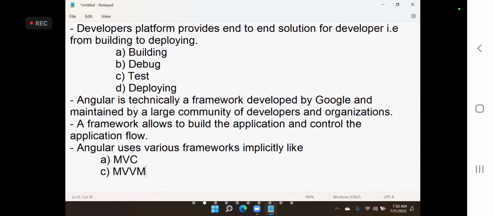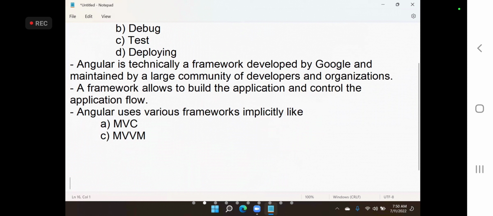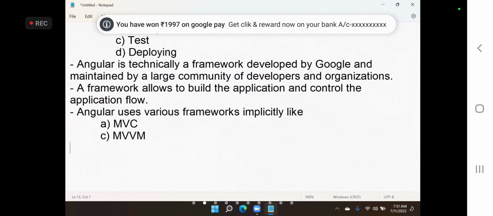What is MVC? What is the advantage of having MVC? We will learn when we start practically working with Angular. If anybody says Angular is a framework, that is right. If anybody says it is a developer's platform, that is even better, because the Angular community itself says we are a developer's platform, so we are more than a framework.